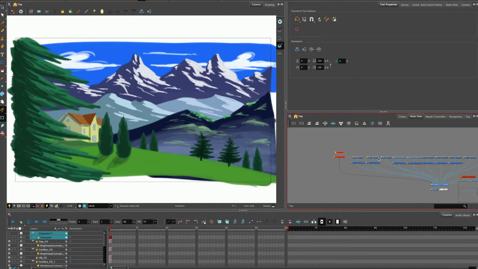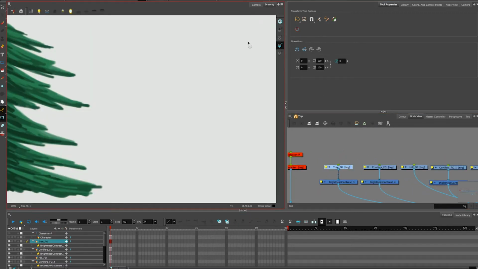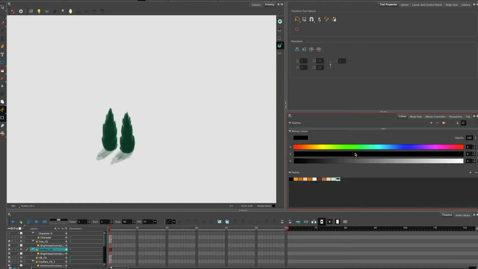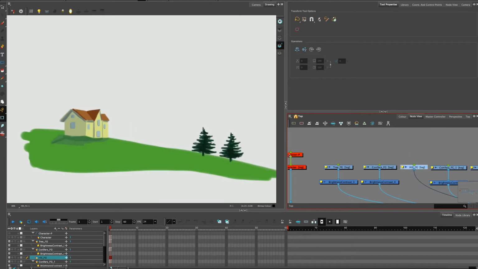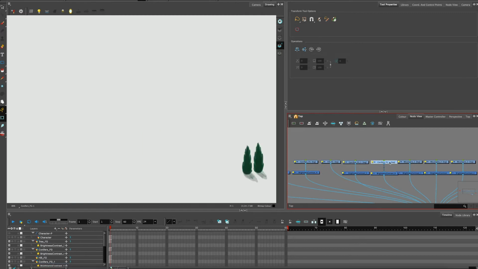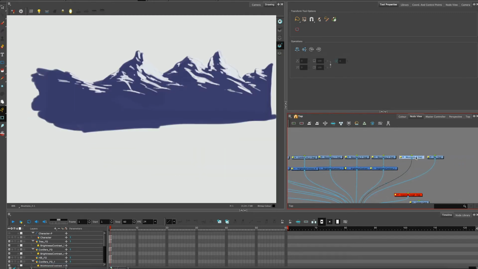I've done it in a very painterly fashion, put everything on separate layers. So I'm just going to go to the drawing view so you can see what's going on. I've used the paintbrush, I've used the bitmap mode, which is for a different video, but it basically makes it a bit more like a painting palette, so to speak, and it's easier for me to just paint away without having to create loads of color swatches. So I've basically created all these different items, not the most amazing painting in the world, but it's perfect for